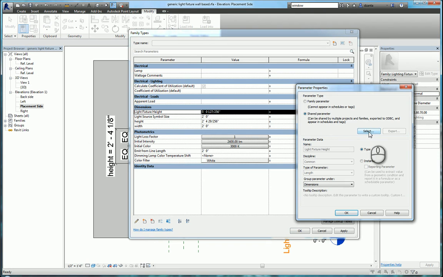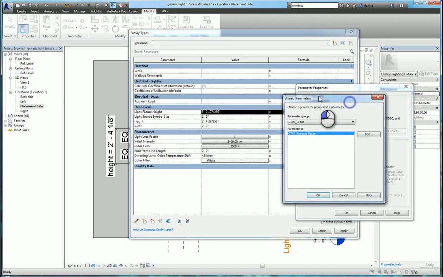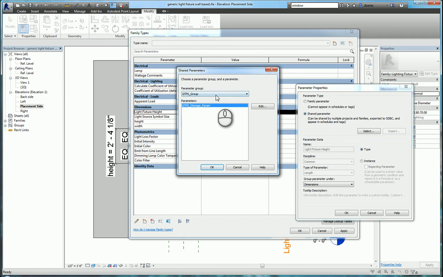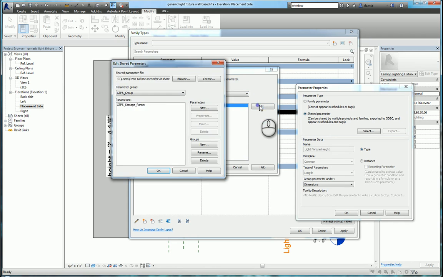A shared parameter is looking at a specific text file, and it's reading off of that data. So if I click select, I have a parameter text file that I made, and I have several groups that are already set up. I made a group called lighting, and in there I created a parameter called light fixture height. If I edit this parameter